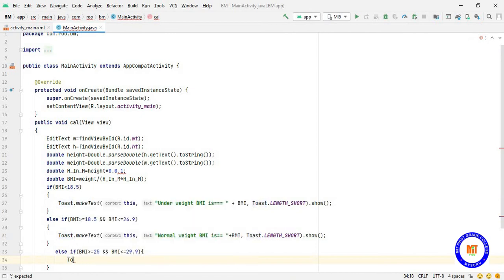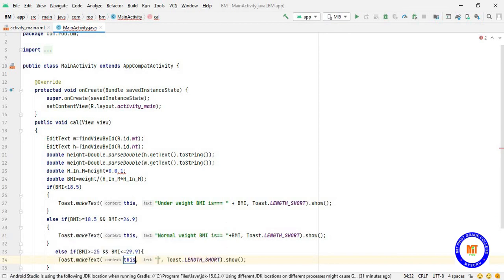We'll take the default one. I have to show the message as overweight, BMI is, show the BMI value.